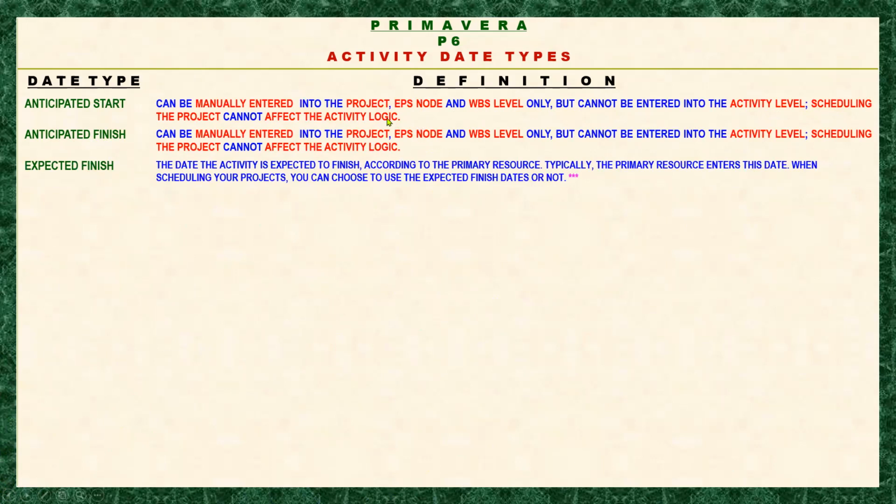And I think we lack some assessment here that only the WBS anticipated dates is being adopted. I mean, yeah, it's being adopted by the activity level anticipated dates. So